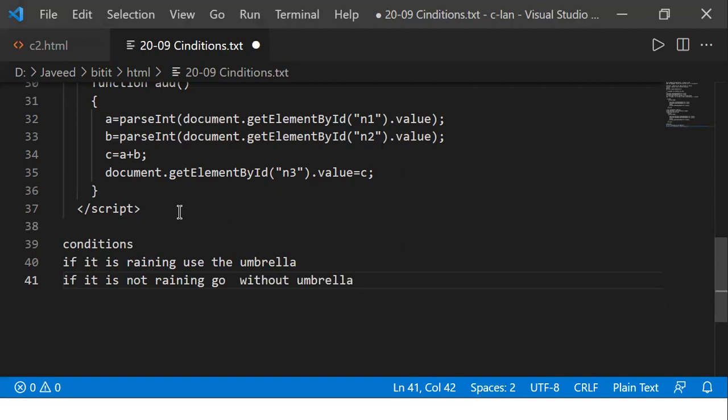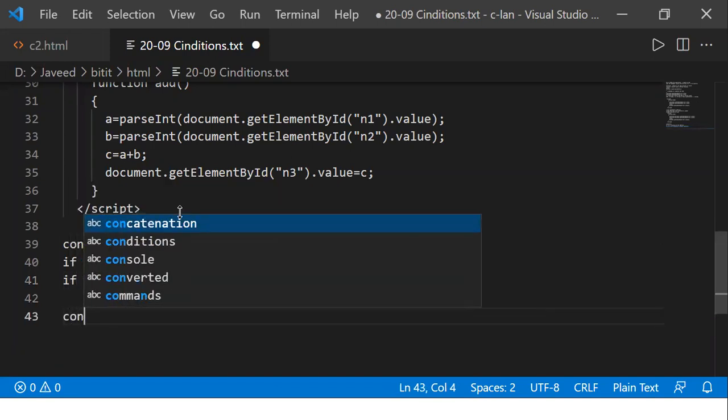Understood what I'm telling? I'm having a condition, a situation where if it is raining, I'll take the umbrella, or use the umbrella, whatever you call it. Now, if it's not raining, go without the umbrella. I don't require an umbrella, so it is not required. That's what I say. So I want to have a condition to be checked there. So how do I do the condition checking now?